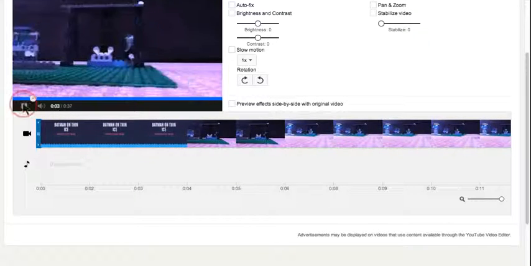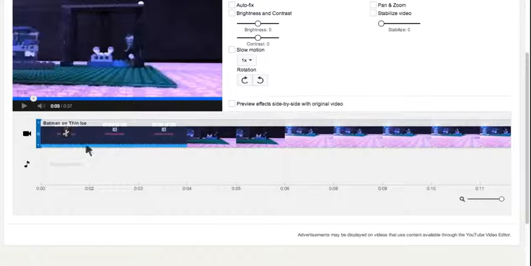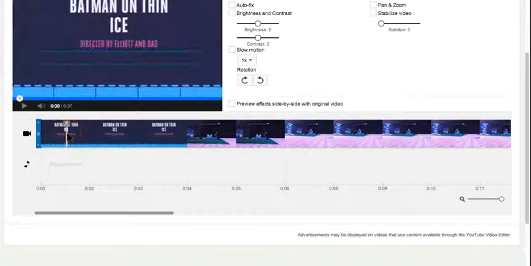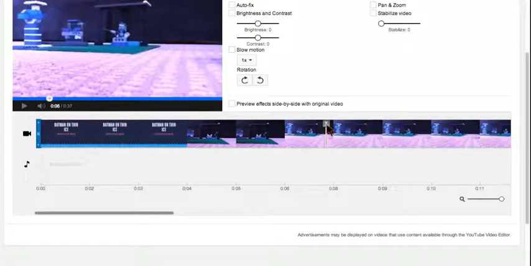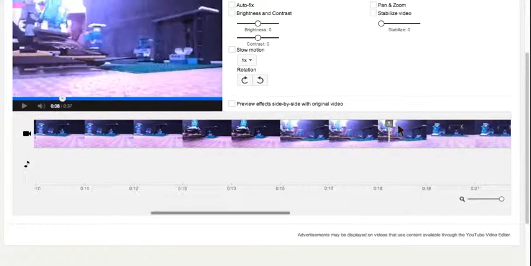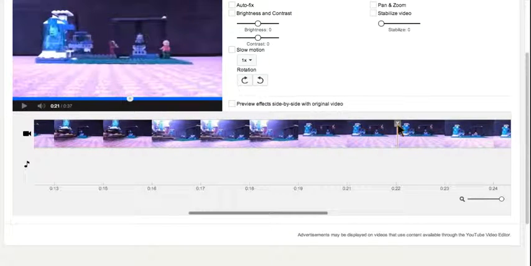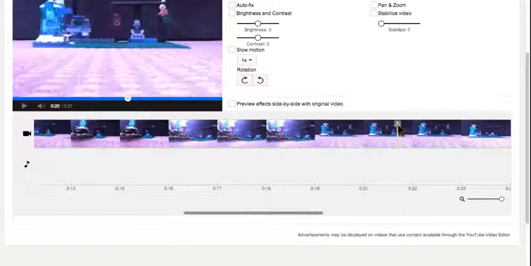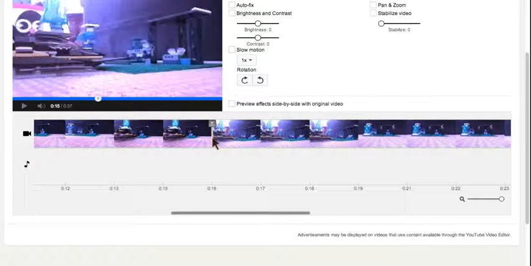Now, let's say that I do want to clip something. You'll notice that when you put your mouse over, you will see some scissors right at the beginning of the frame. If you hit split, then you can find where it was you wanted to split the video. So what we're going to do is actually split twice. I'm going to say, what if I had a few seconds here that didn't belong, that was just kind of waste. So I'm going to drag it here. Let's say it was between 16 and 18 seconds. So I'm going to clip,